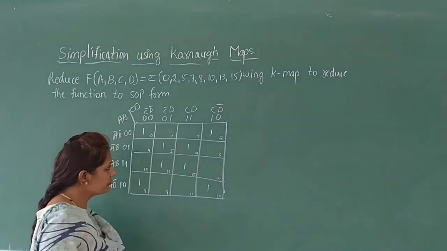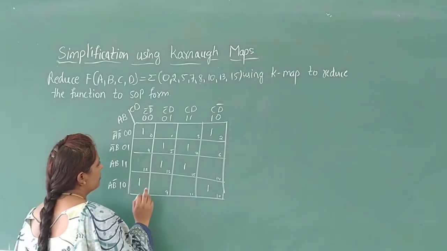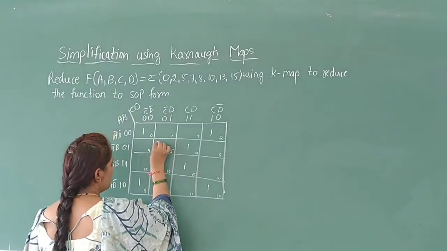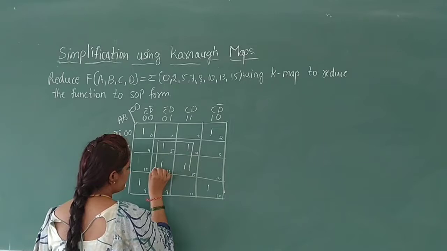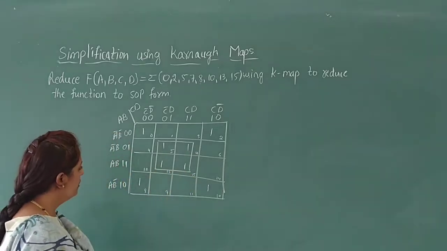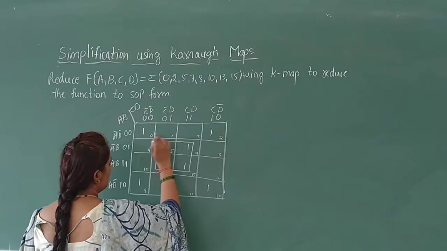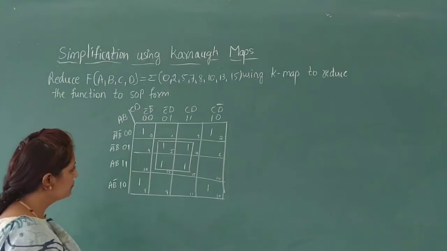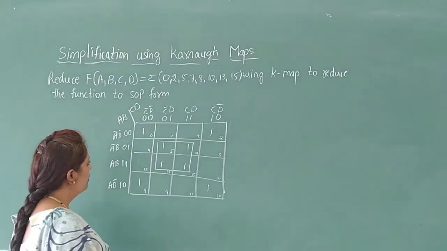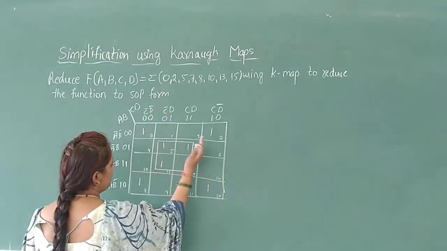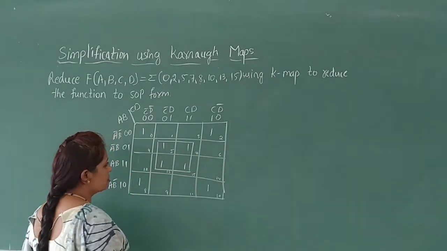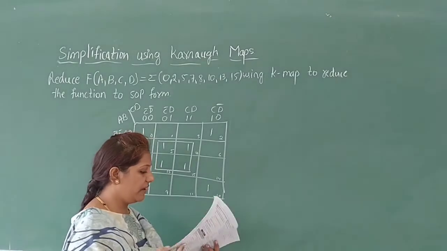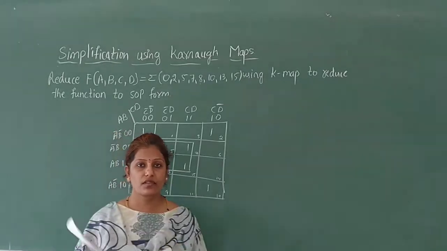And in this K-map, the 4 values are formed continuously in horizontal form. Then one quad is created. Next, see the values. The single values are formed in the corners of the K-map. All the corners of the K-map. To group the corner values, we have to roll up the map like this.